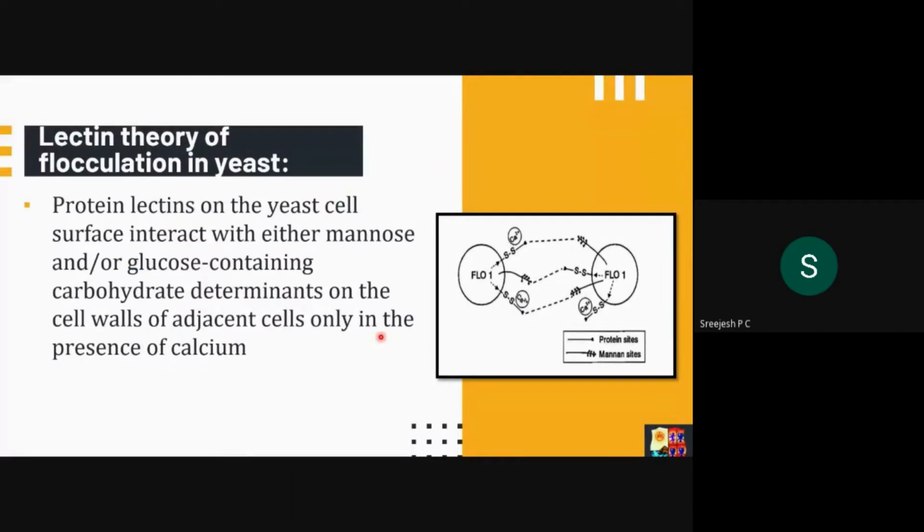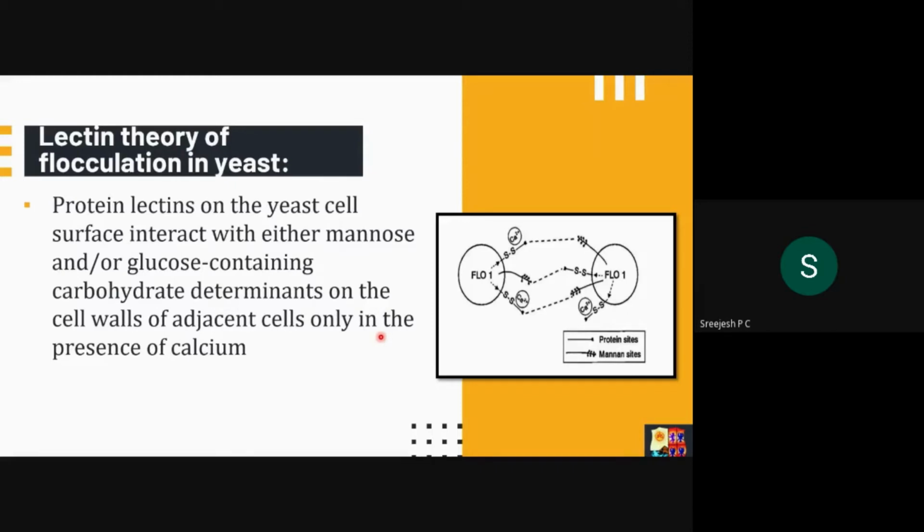They say that some yeast cells have a genetic, inherent capacity to flocculate themselves. That is why, when you do any alcoholic beverage production, whether wine or beer production, some yeast strains flocculate themselves. They come and settle down if a gentle agitation is not provided. Such strains we call flocculating strains. But there is another group, which is non-flocculating.